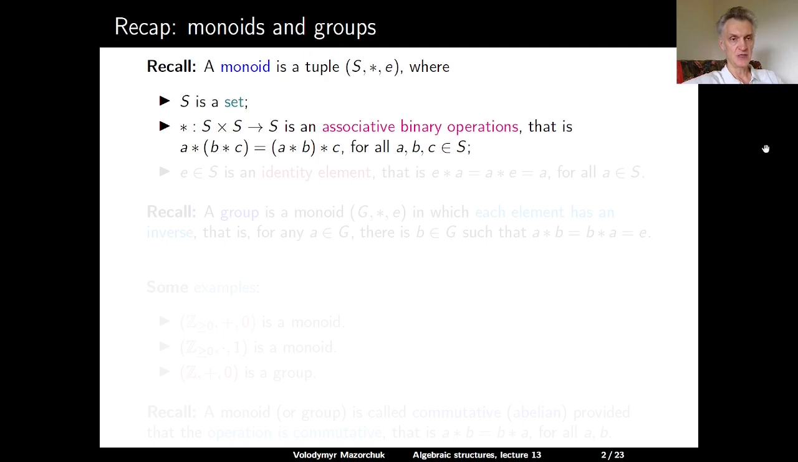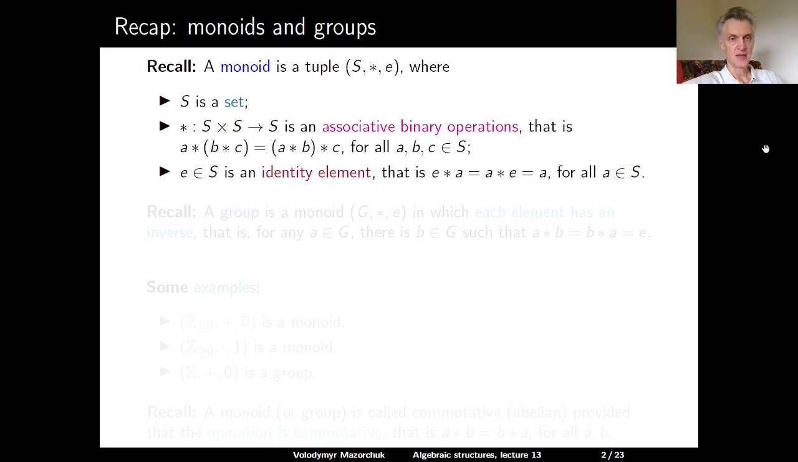and associativity means that A star, the outcome of B star C, should be equal to the outcome of A star B star C for all A, B, and C in S. And an identity element E in S, and the fact that E is an identity element is recorded in the following axiom, that E star A is equal to A star E is equal to A for any A in